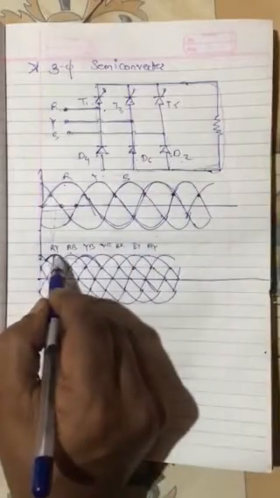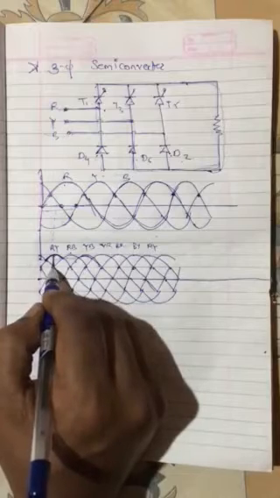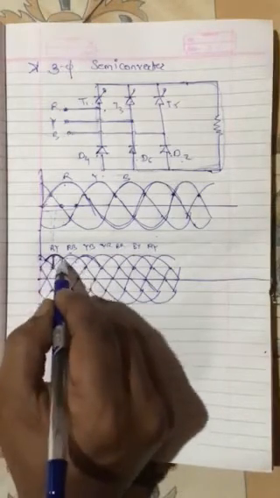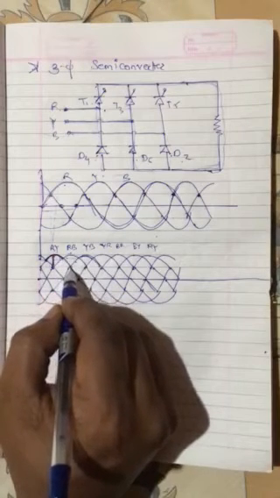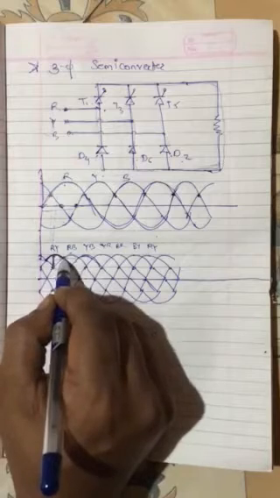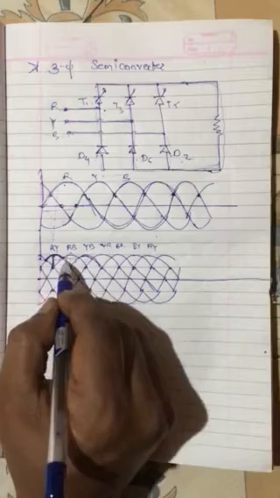Okay, so it will start conducting. So this is the output voltage, which I am drawing right now from here. Listen carefully, from here this waveform started, it will reach over here. Now what will happen, whether it will continue to conduct in this way? No. Why? Because from this point RB becomes positive. If you go downward, we can see that RB is more positive than RY.